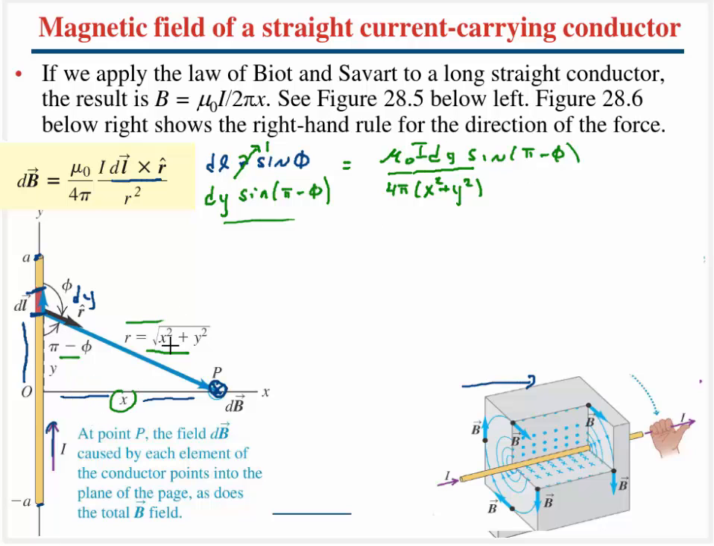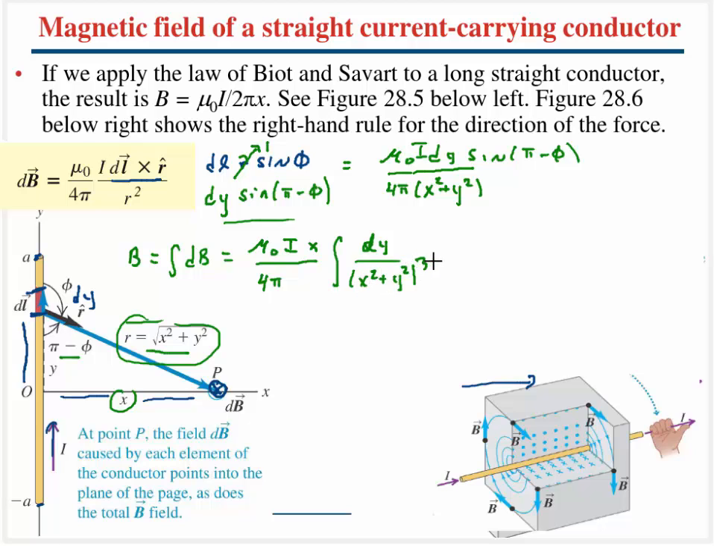Now I can use opposite over hypotenuse to rewrite the sine term, and I'm going to say my magnetic field is going to be the integral of all these little tiny dBs. So go ahead and pull all my constants out. Mu naught's a constant, I is a constant. I'm going to have an x from that sine theta, that's going to be a constant. I'm going to pull that guy out. 4 pi. And I'm going to be integrating up my dy, and this is going to be x squared plus y squared now to the 3/2, and I'm going from negative a to a,